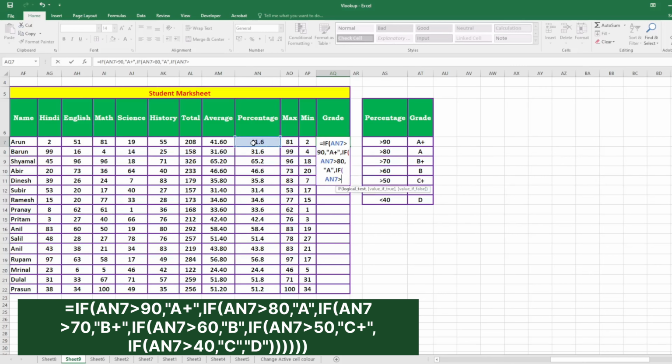percentage>70,"B+",IF(percentage>60,"B",IF(percentage>50,"C+",IF(